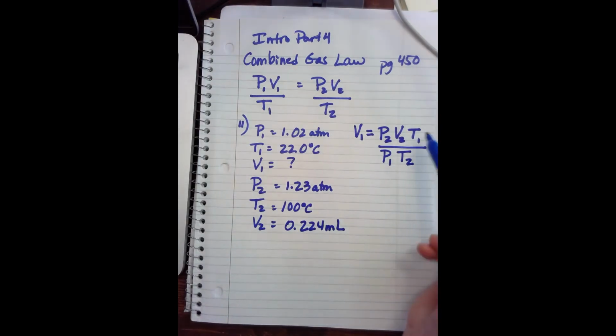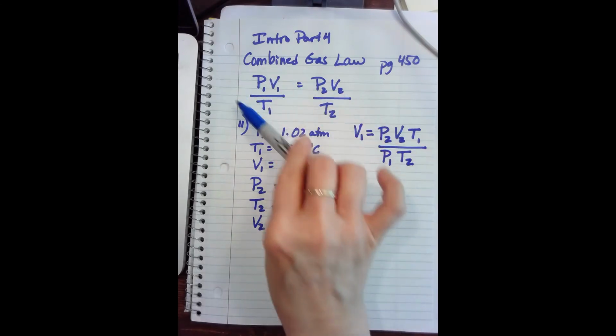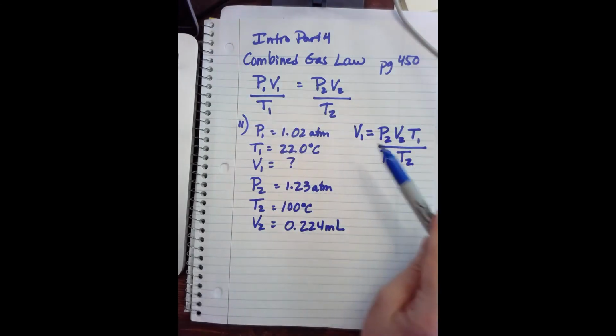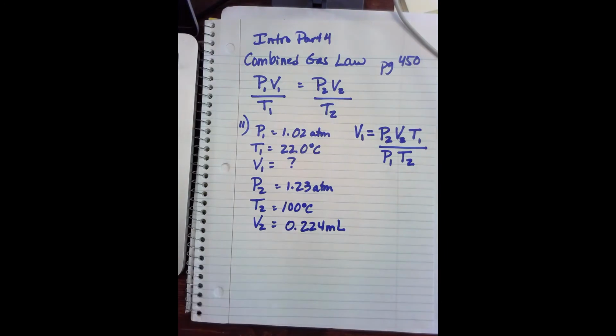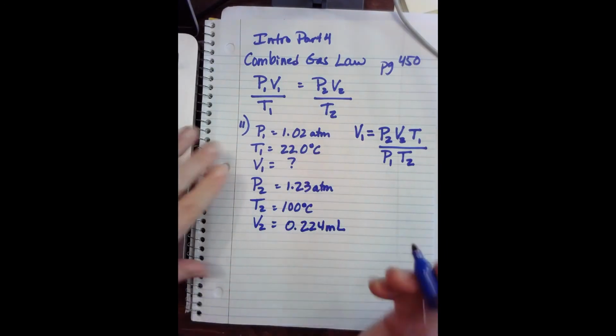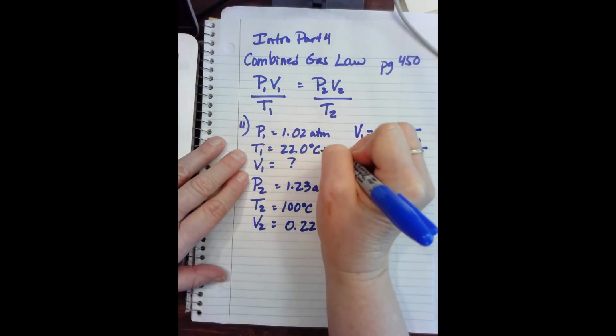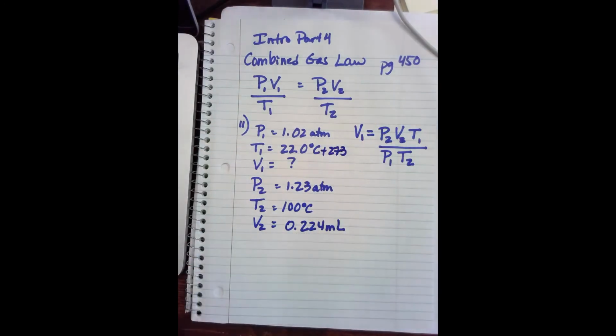And really, I'll just tell you the reason I don't like this is because it feels like I've got to memorize a whole bunch of equations when I really just have this one. And if I can understand the math up here, it's not really hard, because we're just rearranging algebra. Algebra is our friend here. So let's plug in, what else do we have to do? Do you see it? We need to change our temperatures. So we've got to say plus 273 here. So 22 plus 273,